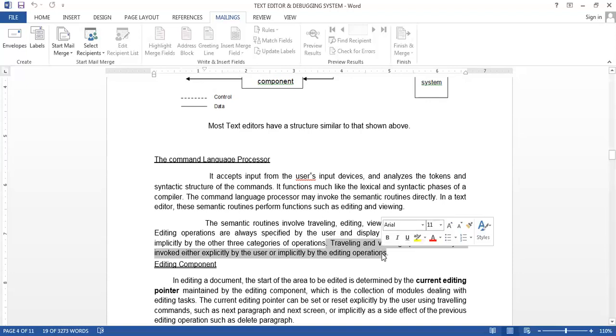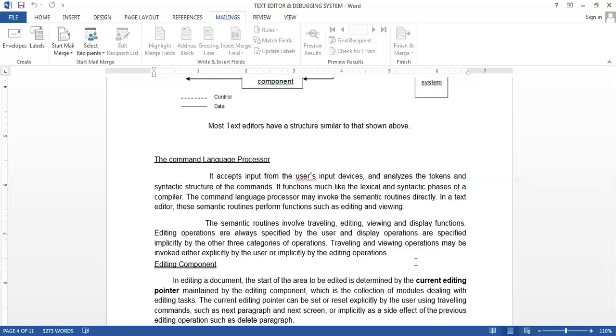Means editing will be given by the user, who will tell me I want to edit this, I want to perform this particular formatting on my text. But later on, traveling through the document and viewing the content may be done by the user or may be done internally.